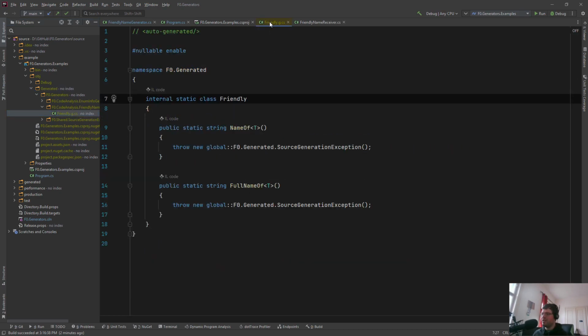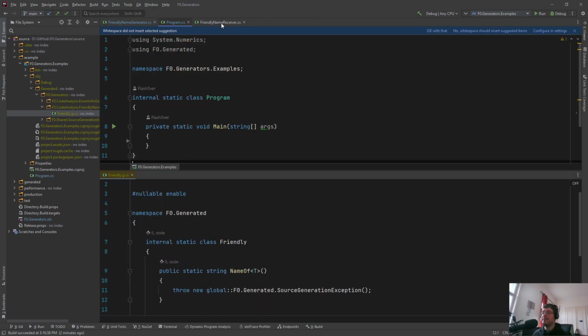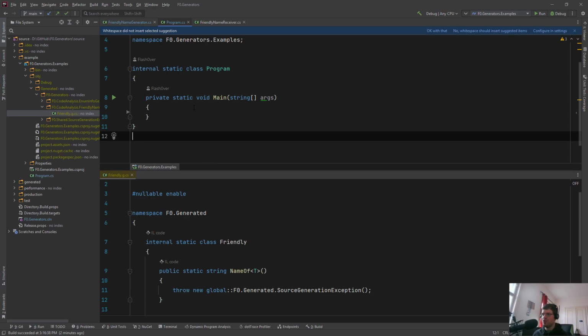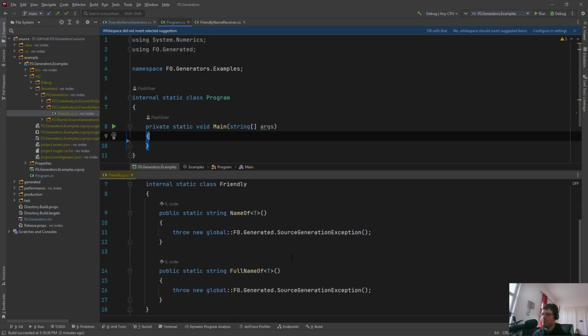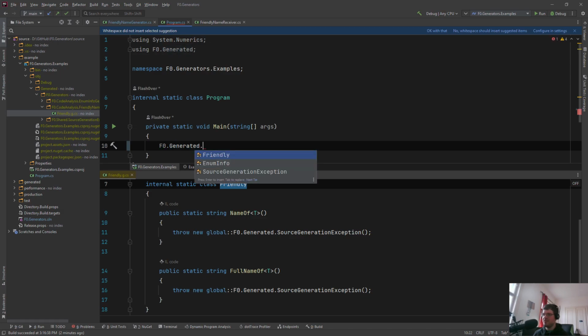So if I have no usage of this class, this is the basic stub that the generator creates, in order to enable IntelliSense and auto-completion. So I defined this in the f0.generated namespace, in the Friendly class, and then we have empty, nameof, and fullnameof methods, which just throw some exception. By the way, this exception is also source generated. So this should never happen, because if the user now happens to call f0.generated.friendly.nameof, and let's invoke it with int,